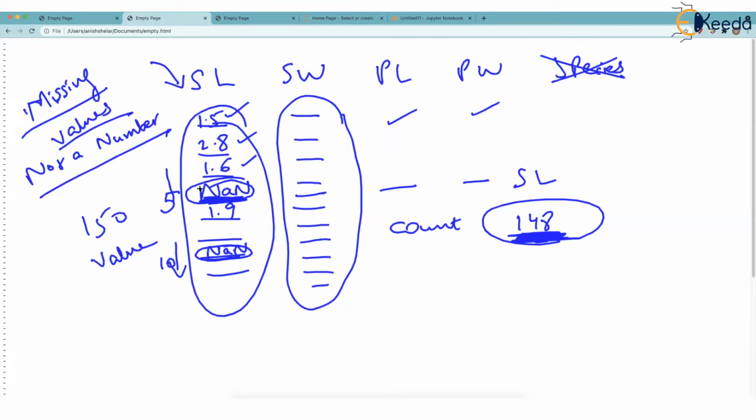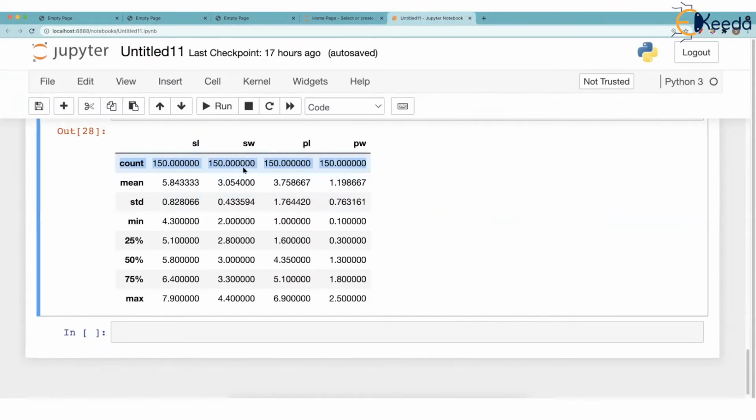So, ordinarily when you read this, it looks okay. There are 150 rows. That's it. 150 counts must be there. But just imagine on one fine day you see sepal width count as, let's say, 10. You will say, oh my God, 140 sepal lengths are missing. I will throw away this data. This data is bad.